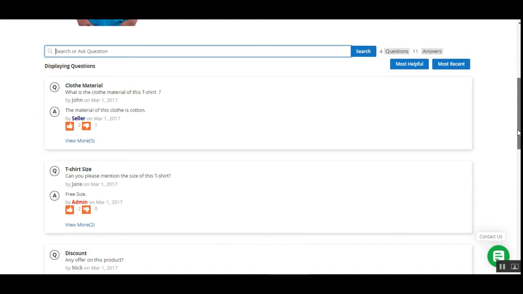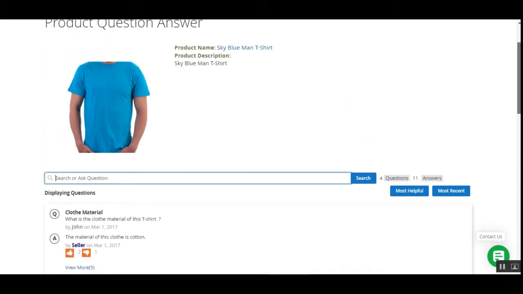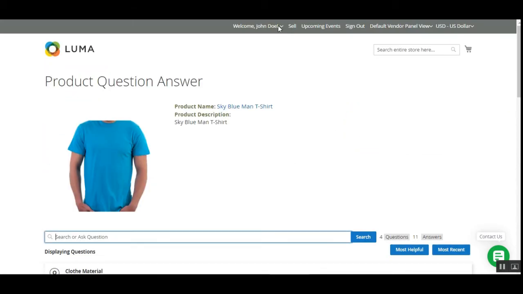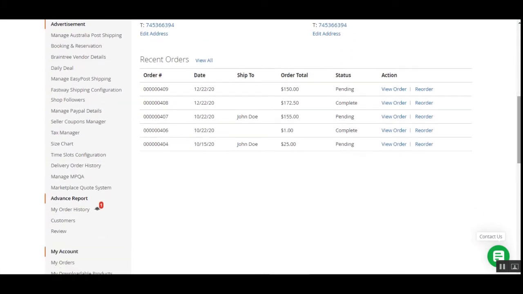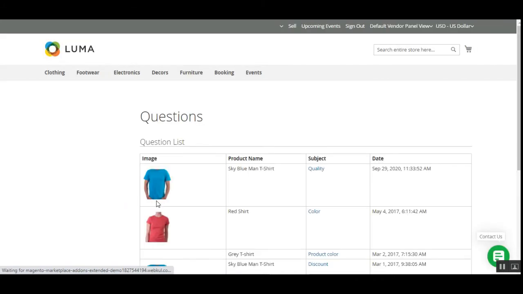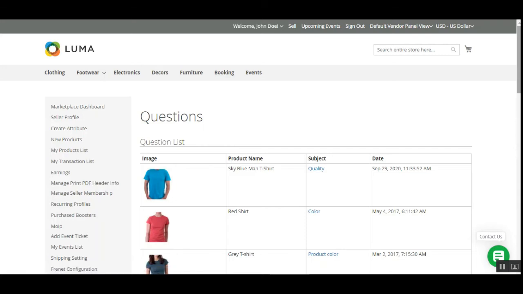And now let's see how it is visible to the marketplace vendor. So for that, the vendors need to go to the account panel, and under the marketplace account options, they'll find the marketplace question answer section, manage MPQA. So we'll just tap on that, and that will bring up the complete list of questions being asked for this